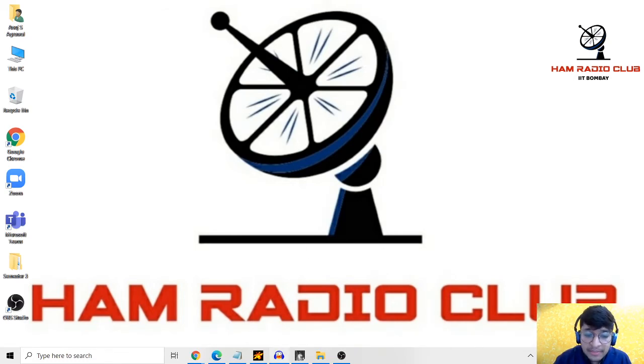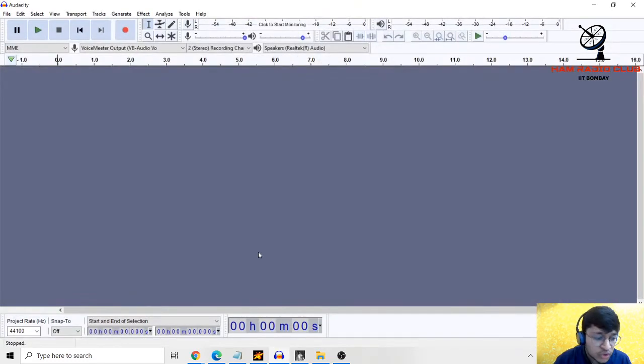First, as I mentioned in the steps, the first step is to use Audacity to change the sample rate. I'll repeat once again. Sample rate is basically the samples at which the audio are received in a signal. Because we have to change the sample rate of the audio received from WebSDR to make it compatible with the software we are going to use later. So that is necessary. That is why we use this software.